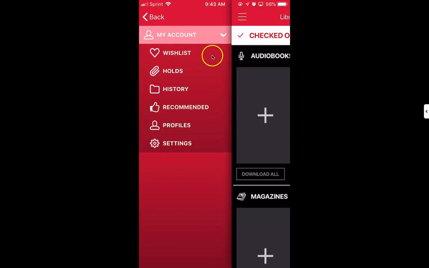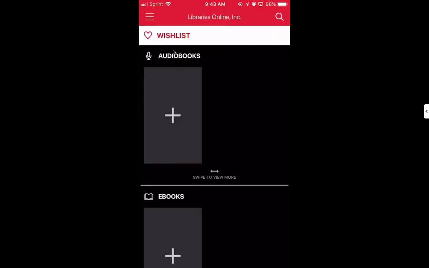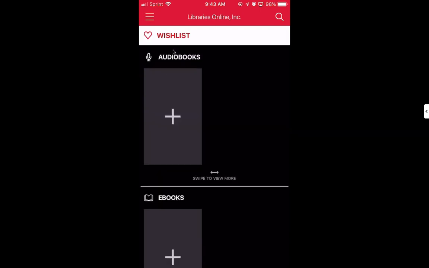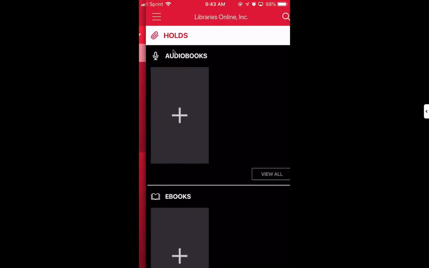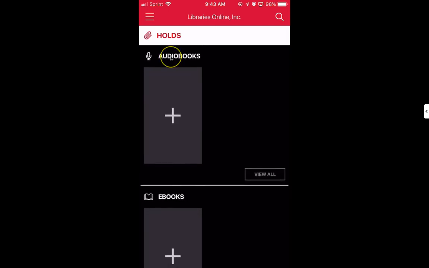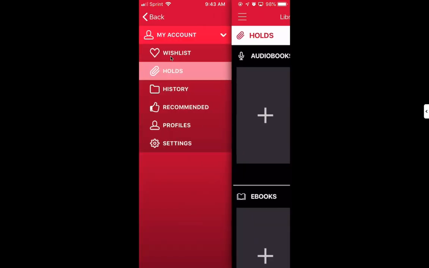And just like the checked out area, if you go into wish list, you're going to see a very similar page. Anything that you add to your wish list will be here. Same as if we go to your holds, anything that you put on hold will appear right here. And again, we will add something to your wish list and add something to the holds list later on in the video so that we can see what that looks like. So now if we go back to the home page,